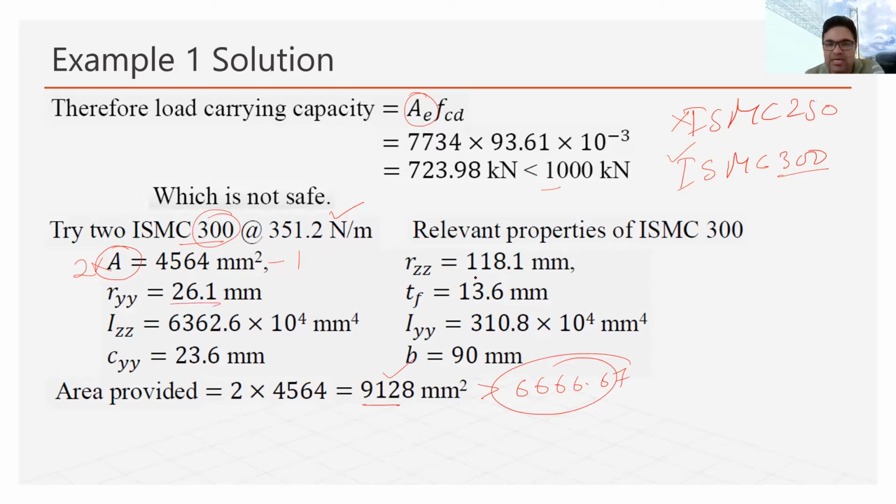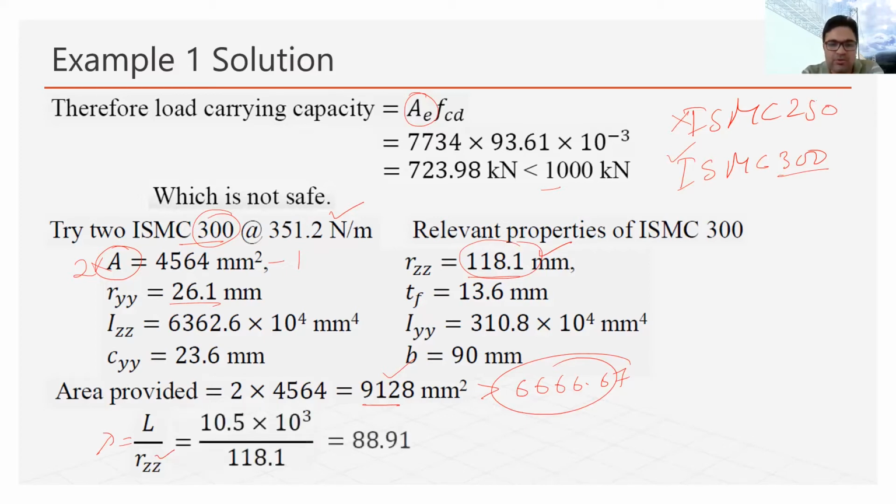And again we write down all the values relevant to this section. The ryy value and rzz value have changed. Earlier it was around 98. In this case the value has changed, and we will follow the same process here. Again we will find out the lambda value of this section. This time the rzz value will be this one. Earlier we used 98. This time we are going to use 118.